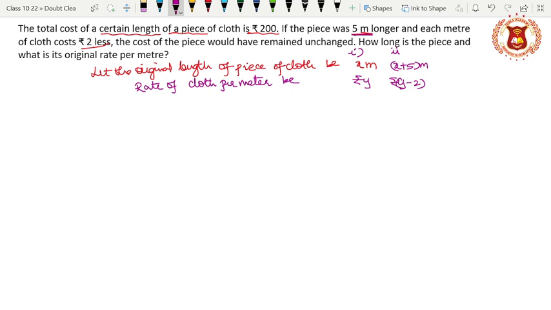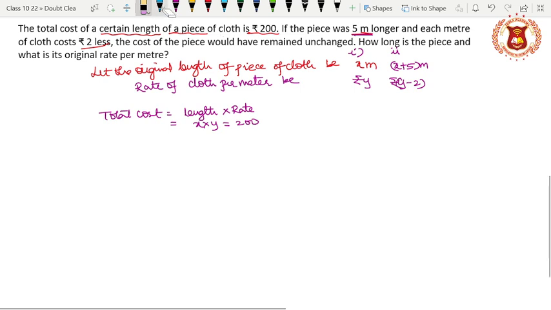Now see here, total cost is equal to length into rate, right? Therefore length is x here, rate is y here, and total cost is rupees 200. Therefore xy is 200, right? Because it is given here, a certain length of a piece of cloth costs rupees 200, total cost is 200. Therefore xy is 200 here. Now moving back to the second condition,